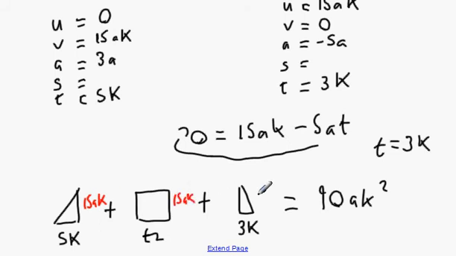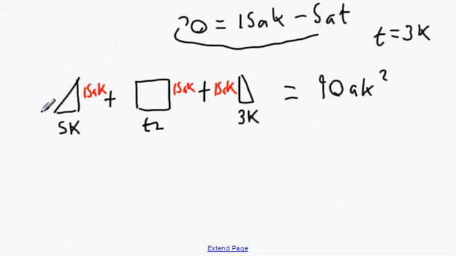And this one here is 15ak. So what we've got to do next is find the area of each one. So it's going to be a half base times height, 5k times 15ak, plus the area of a rectangle, which is just going to be 15ak times t2,